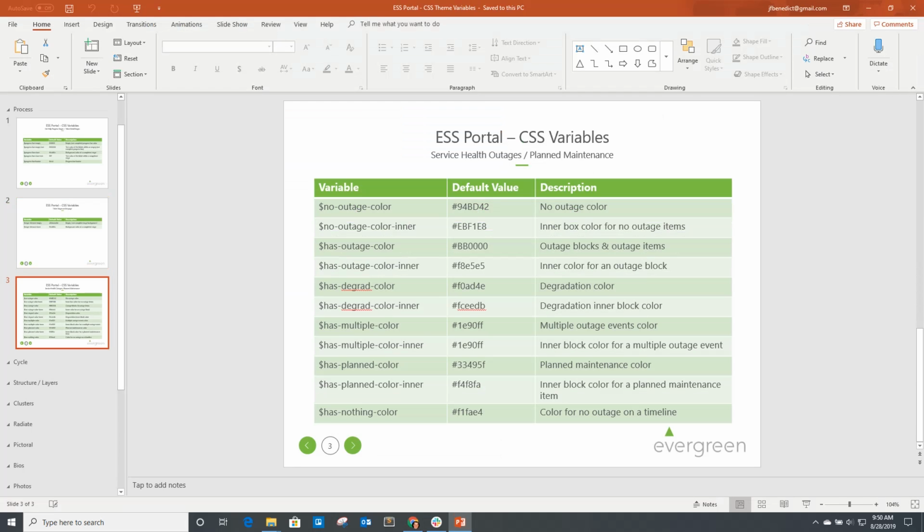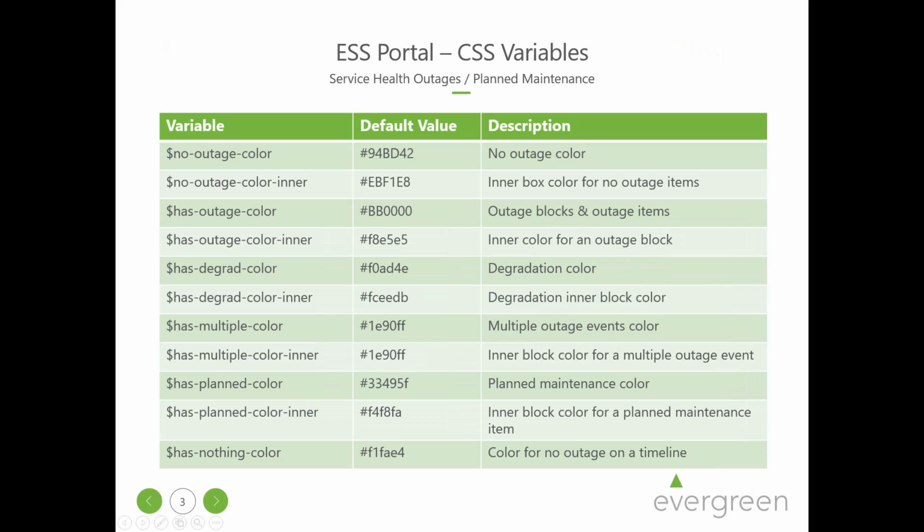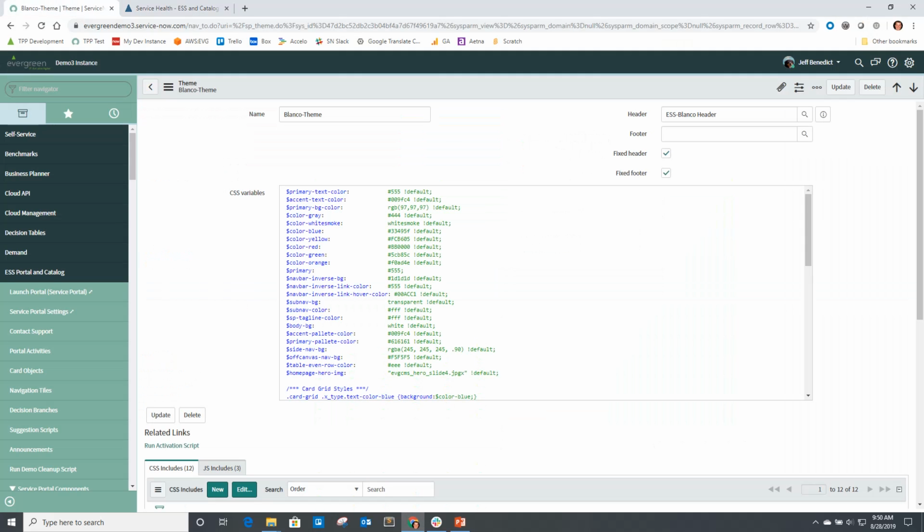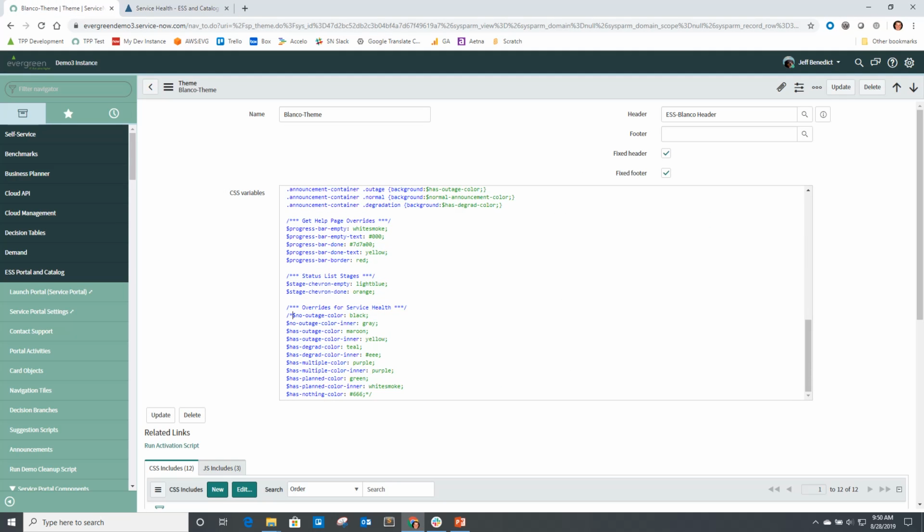So when I go to this, you'll see there's a decent number of properties for these different parts. There is the primary color for an outage or no outage. There's also the inner color for that box background that's in there. And so there are properties for outage degradation, whether there are multiple events, whether it's a planned maintenance or whether there's no outage on a given timeline. All right, so just to also highlight the theme change, I can